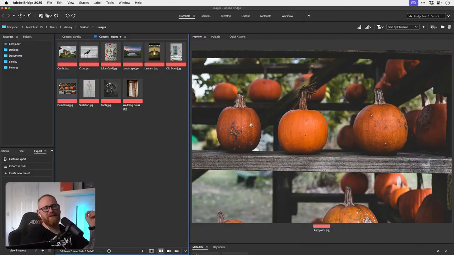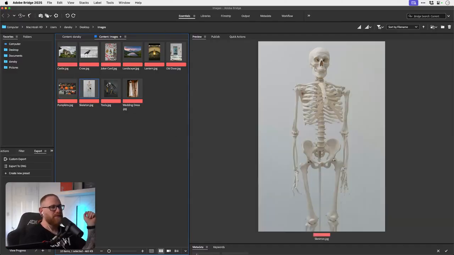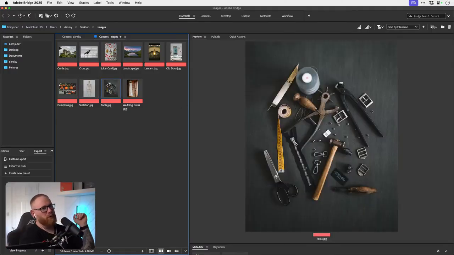A few different pumpkins. Got to get a pumpkin in there, right? So you've got like 3 there if you want. And we've got some wood texture if you wanted a surface or anything. Skeleton. The great thing about this image is you've got goodness knows how many bones. So if you wanted to cut out all the different bones and build it into something else, hey, you go for it. Tools, again, you could slice bits and pieces out of these.